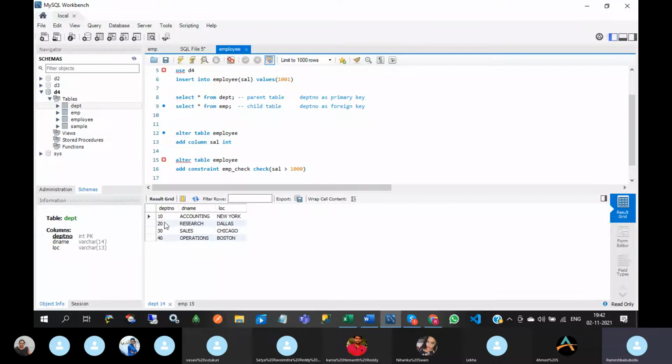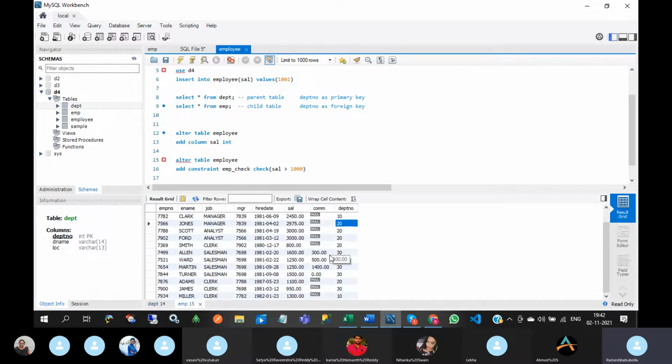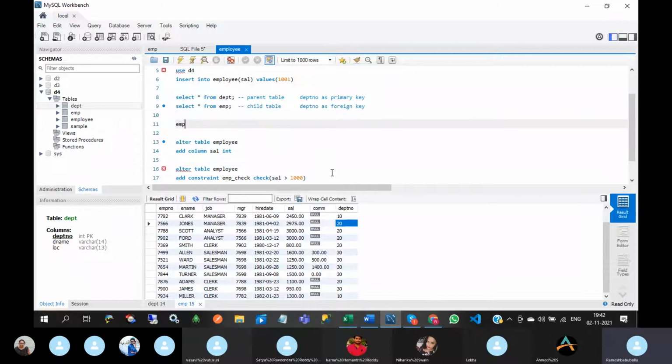In the department table, 10, 20, 30, 40 are there. That means whatever department numbers are available in the employee table are available in the department table. Don't get confused, this is an important concept.